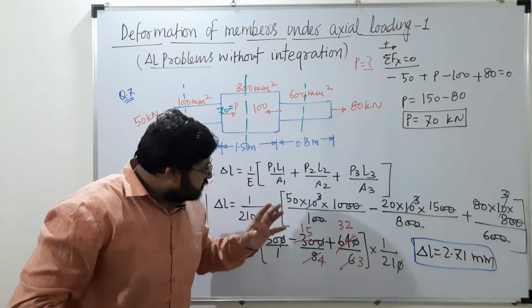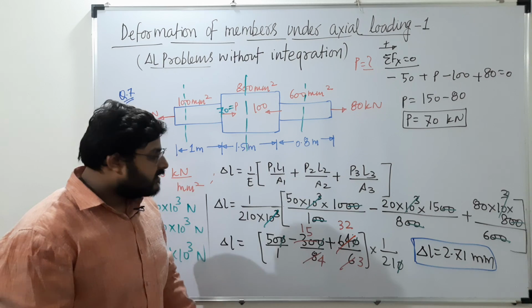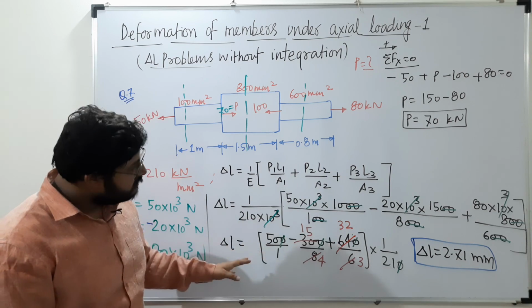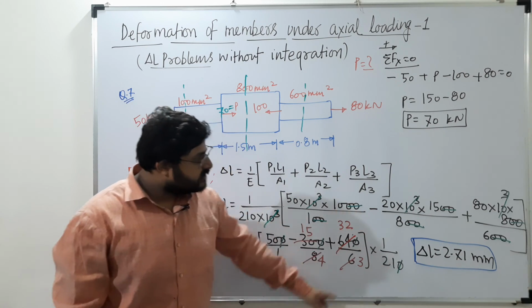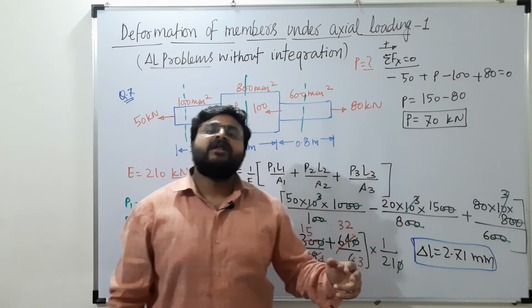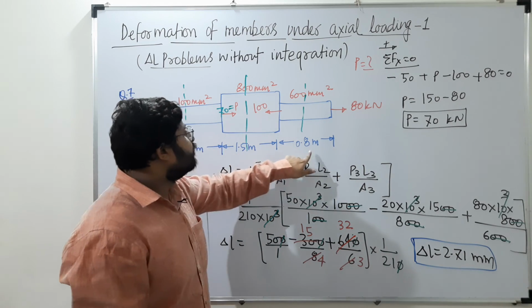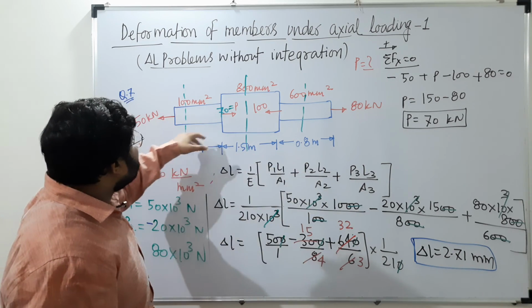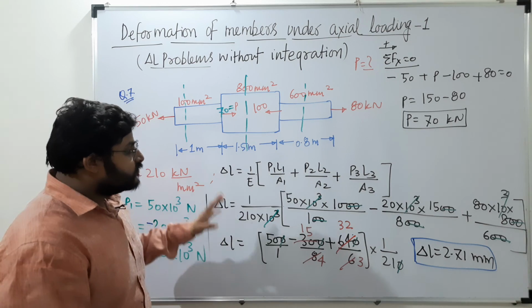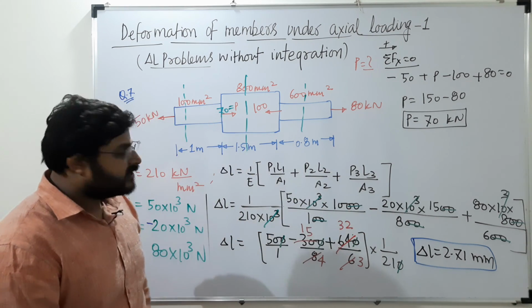But the thing is, the steps which we need to follow must be like this. And the answer is 99% correct only. You can make calculations and you can see, because this value makes sense, 2.71 millimeter. This is not any absurd value. Why? Because this is 1 meter, 1.5 meter and 0.8 meter with variable cross section area. So that value can be correct. Whatever answer we are getting is correct. Note this.